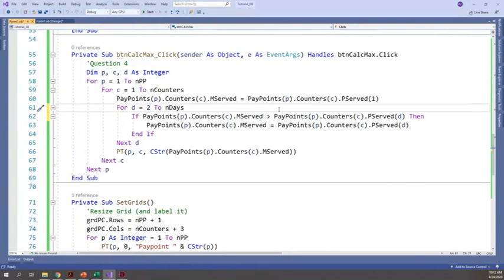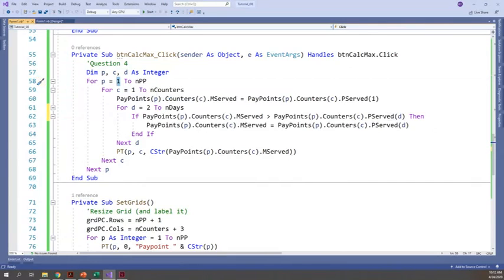Yes, 2. Okay, so you can change this one to 2. Can I change these values to 2? Would I be able to change these 2 values to 2? No, absolutely not. Right, because if you do, then you would not look at every single pay point and every